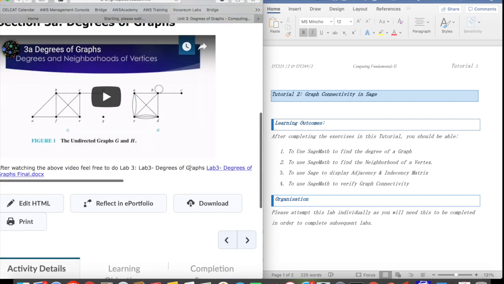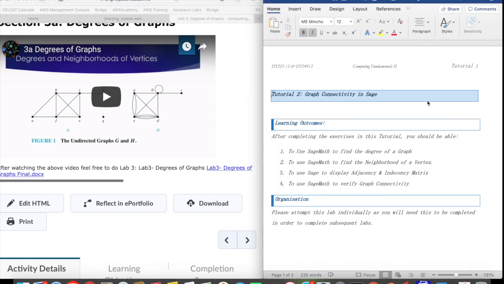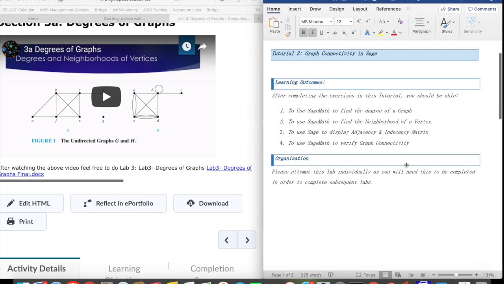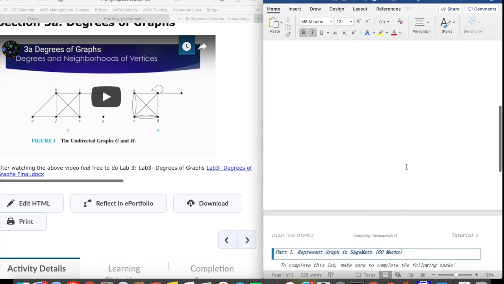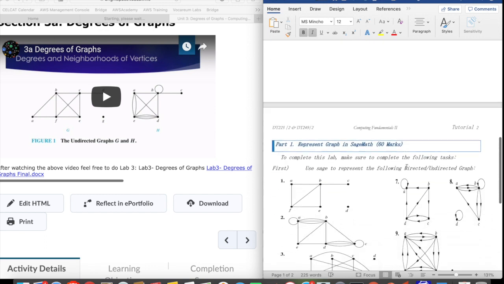And once you finish, I want you to open this file, which is basically the same file that you can see here in Microsoft Word, where we are going to test the degree of a graph. In part one of this lab, I want you to represent those graphs in your computer. So I assume that by now you managed to install SageMath on your local computer,